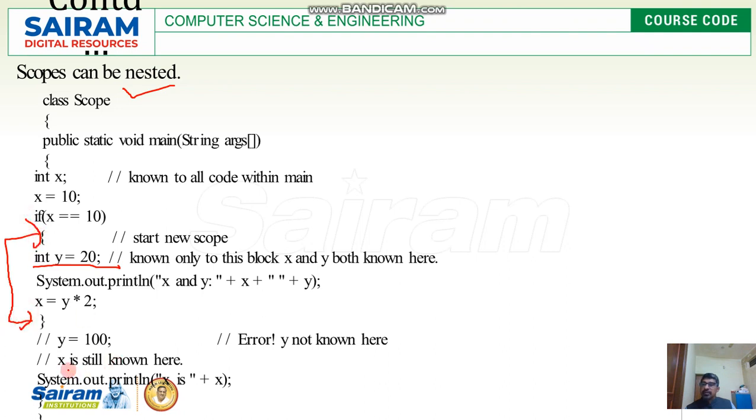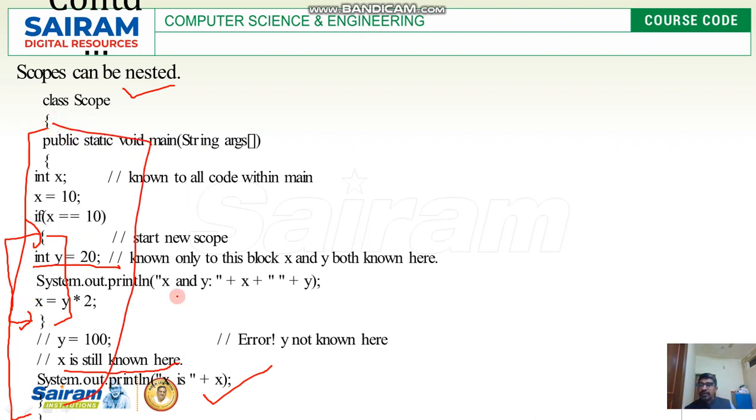Whereas x, look at this, x is still known here. So we can print the x value. As I told, x's scope starts here and ends here. And what about y? y's scope starts here and ends here. Inside these two braces, you can do whatever you want to do with y. And inside these two braces, you can do whatever you want to do with x. You can edit, you can access, you can manipulate.